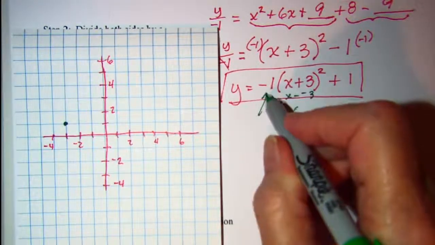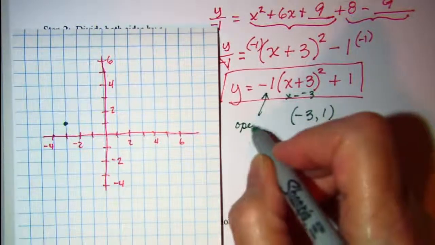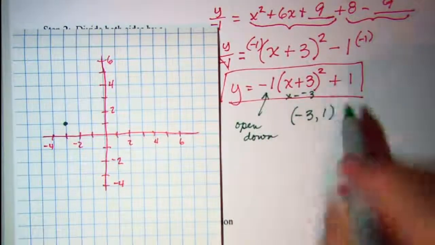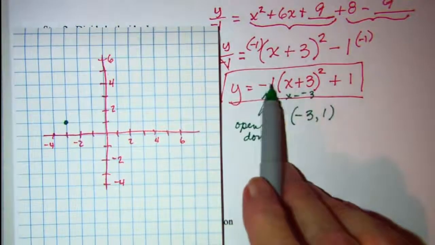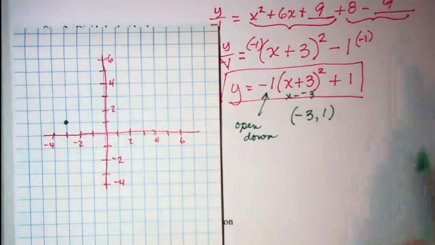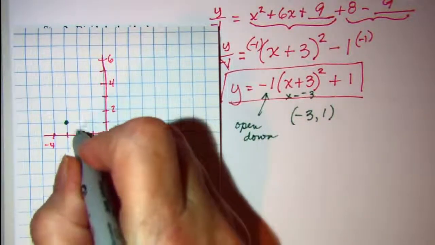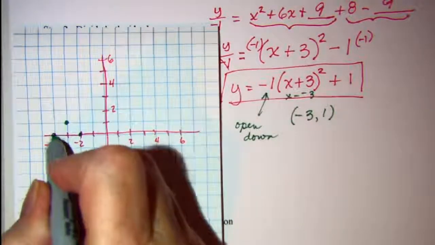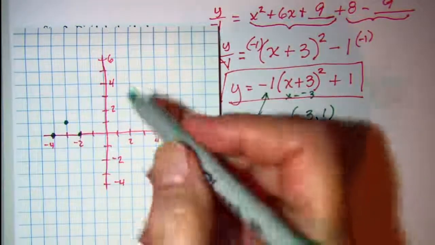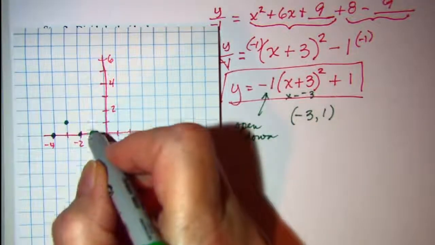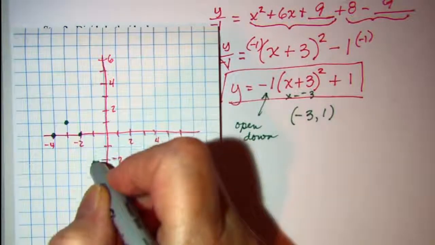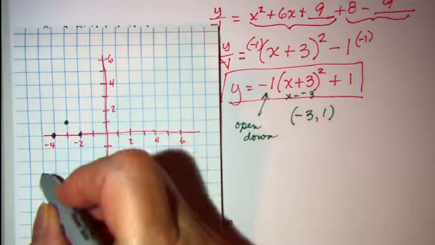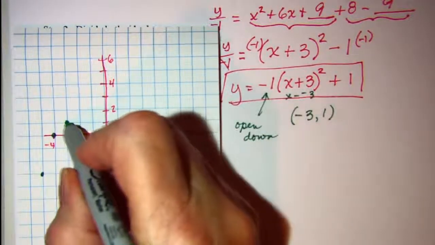And my A indicates that it's going to open down and just -1 times the basic graph, which means right 1 and down 1, and then left 1 down 1. Those are 2 points on my parabola. And then if I go right 2, I'll go down 4, and left 2, down 4. So my parabola looks like